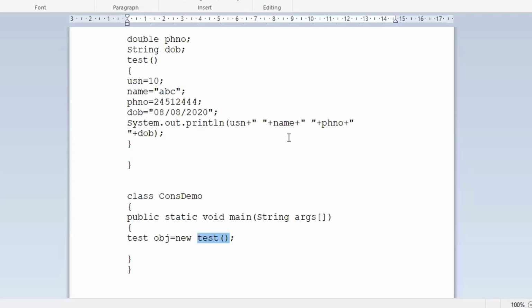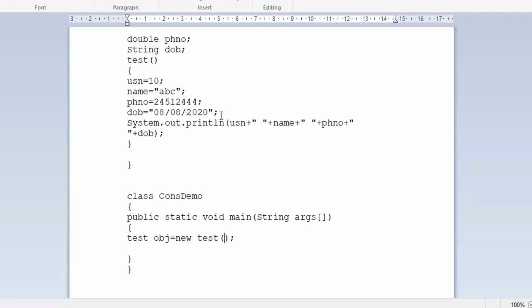Now, if I am passing values during the creation of an object, then it is called a parameterized constructor. Why is it called a parameterized constructor? Because you are passing parameters. So let me use a parameterized constructor to initialize these values.